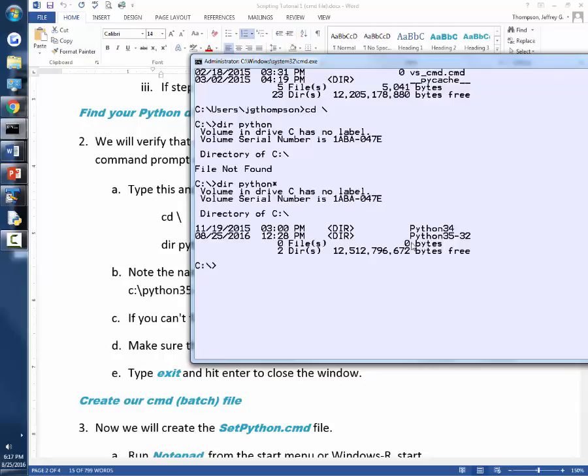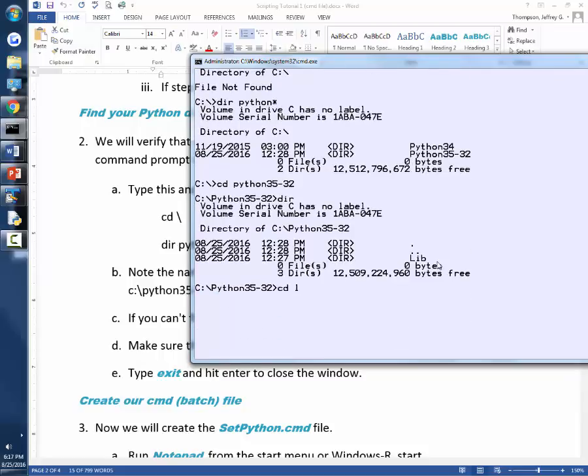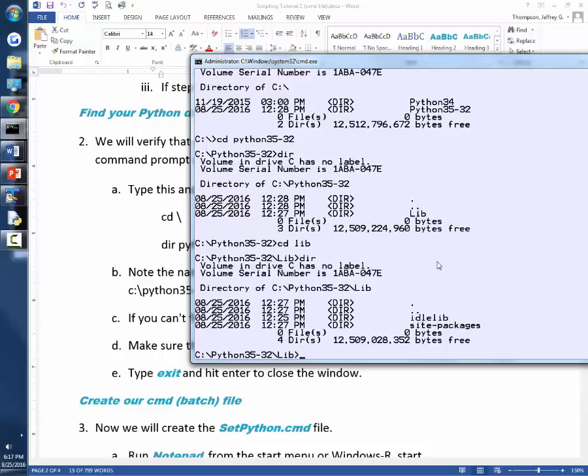And there we go. Looks like I have a really old Python directory, Python 34. I need to nuke that, need to delete it. I also have another one, Python 35-32. That is the correct directory. I can cd into that directory and do a dir. I still don't see anything. If I go into live,